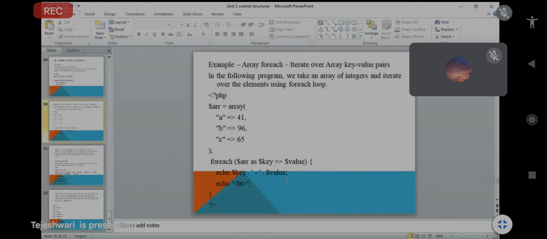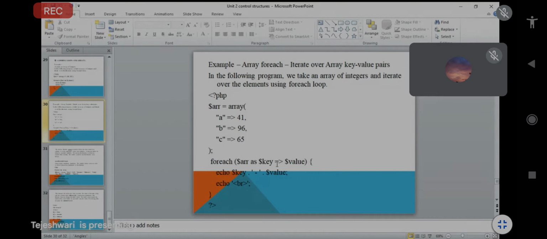You just print one by one. BR means just break the line. What is your output? Key is your A, so A dash, and $value means your value, that is 41.